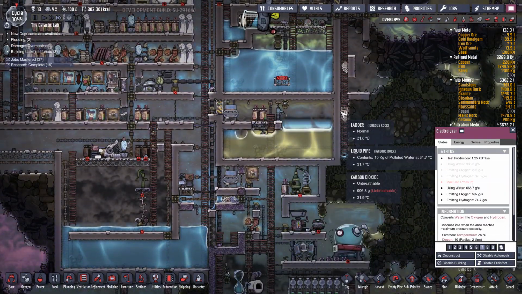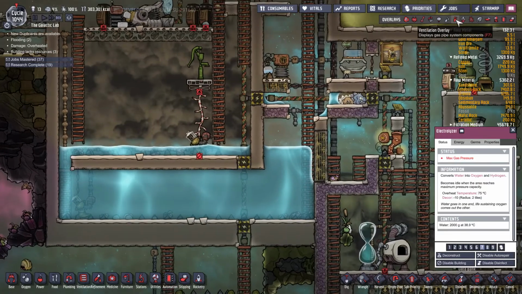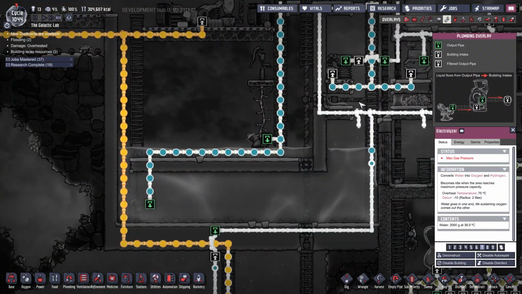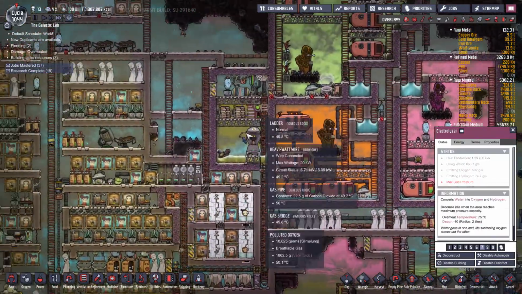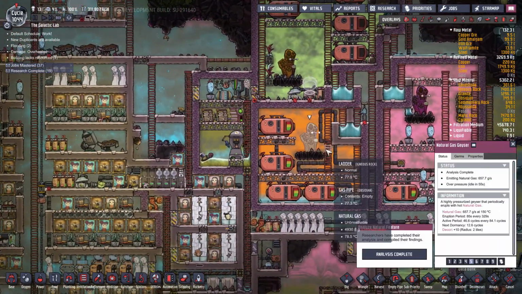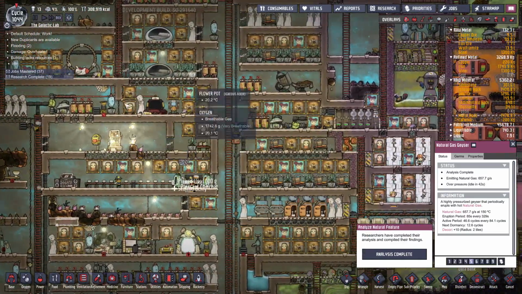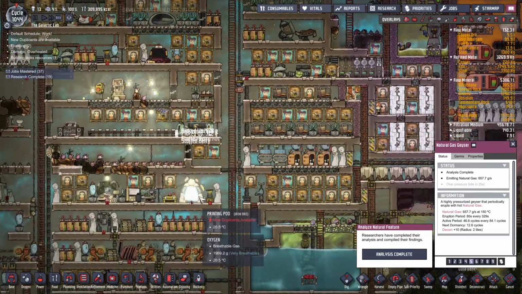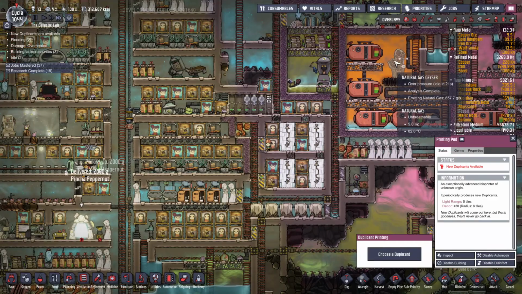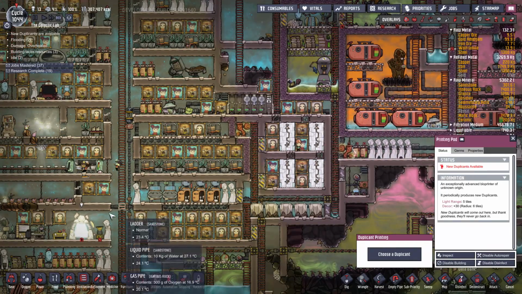Now the next thing, wait, why is this disabled? Oh, it's already bypassed. The next thing that helped me a lot is the nearby natural gas geyser. So this is the temperate biome. If I recall correctly, it's called the temperate biome where you start off. That's your printing pod there. And the natural gas geyser is just a couple of...